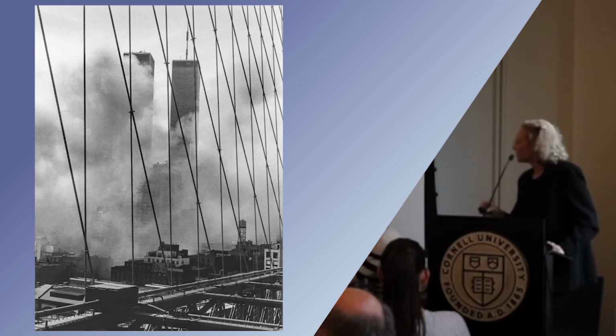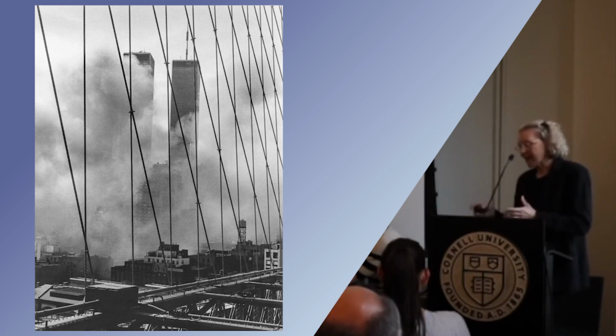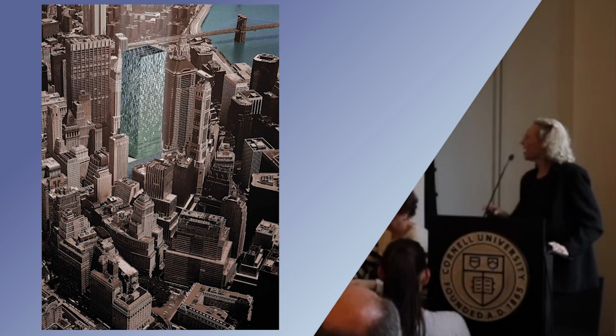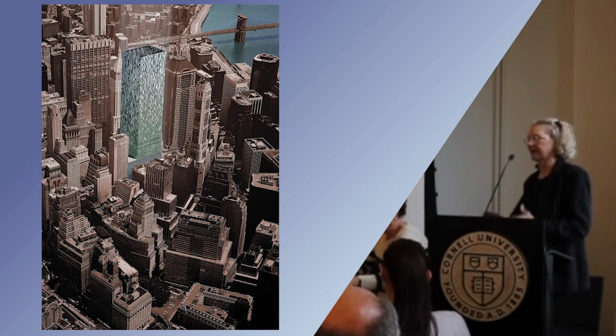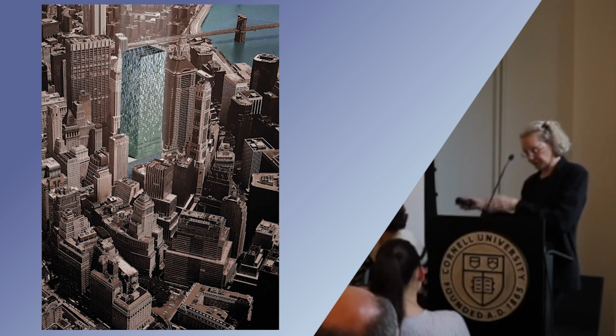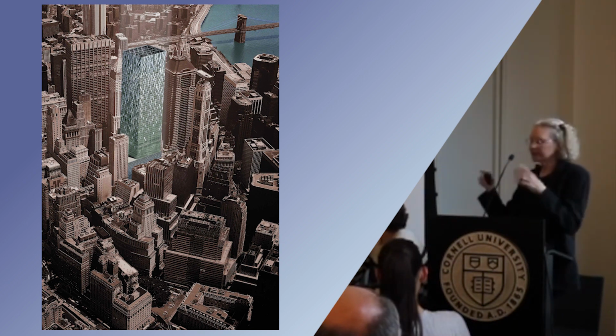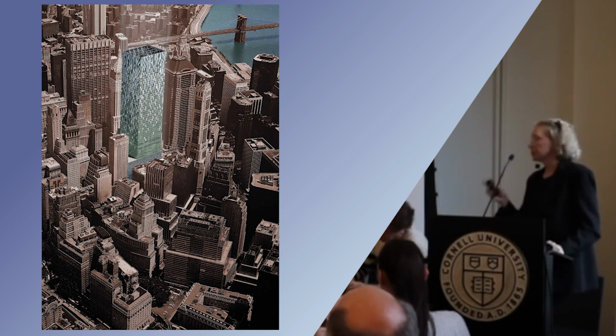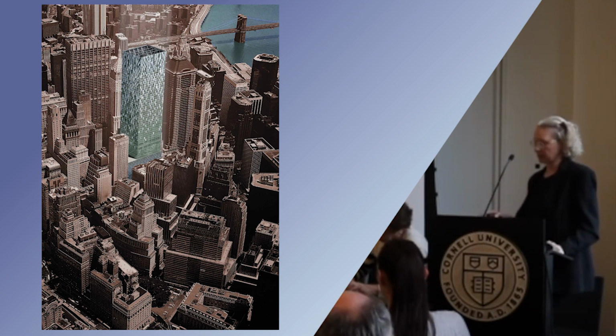So there was ad hoc change on the East River side. There was regulatory and policy change. But what happened was very different than what happened with the master plan of the Hudson River side and Battery Park City. And so now if we just look really briefly at the core, the changes that were coming to downtown